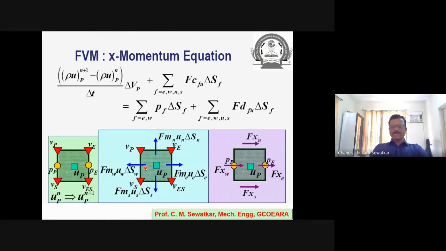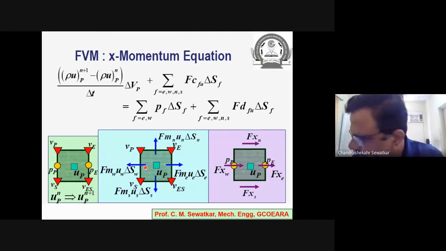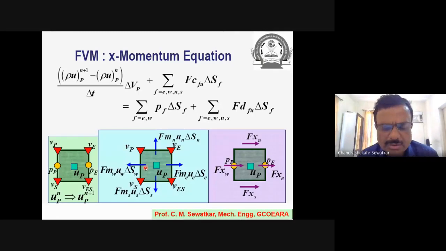So having done that, we have discretized the unsteady term and written it in the discretized form. We also know how to calculate the total convection occurring across all the faces of a control volume. We also know how to write the pressure term. We also know how to write down the total diffusion occurring across all the faces of the control volume. I can write down a single equation.